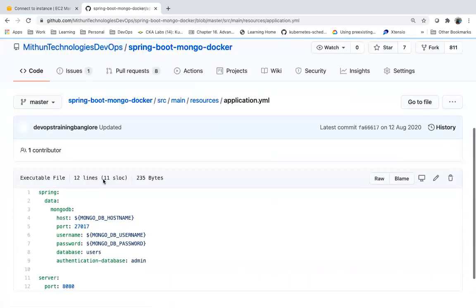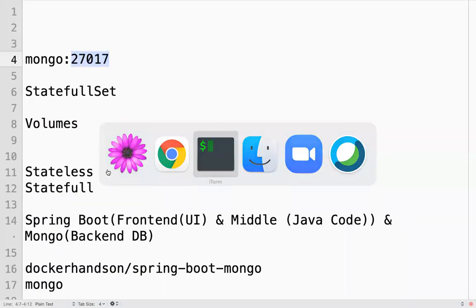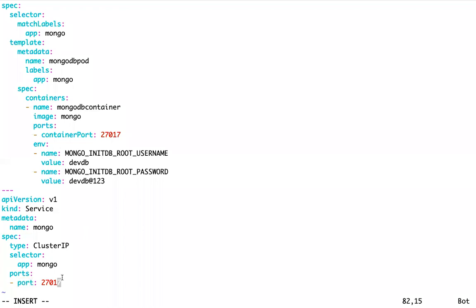I have not externalized that port, so I am passing this 27017. The port is 27017, the service port and target port. What about the target port? What is our container port, the target port? 27017. It's a database, right? It's not a front end application. This is the service for a database, so we are using the same target port and service port, 27017.